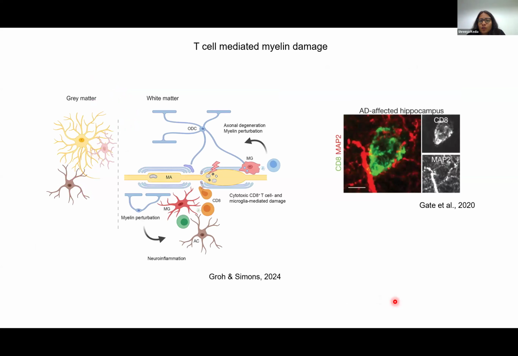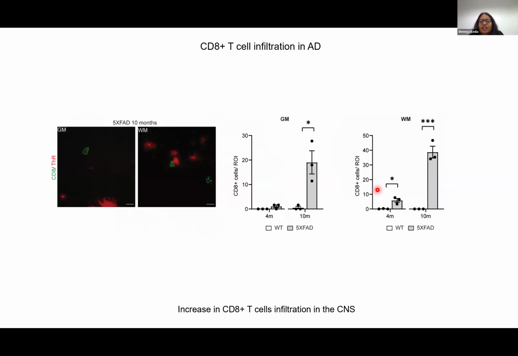What we also know from literature in the context of demyelinating diseases, as well as in the context of MS, is that CD8 positive T cells can infiltrate the brain, and then they are myelin toxic. They can induce myelin damage. What other groups have also shown is that CD8 positive T cells are known to infiltrate the brain parenchyma of AD patients. We wanted to see if this is the population that's actually causing oligodendrocyte and myelin damage in